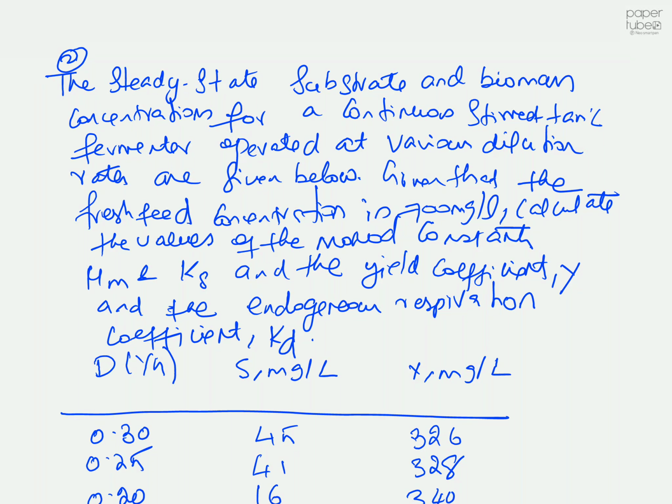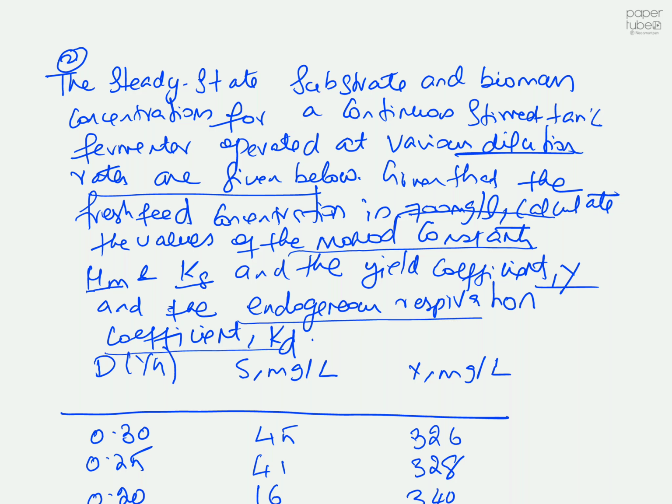The steady state substrate and biomass concentration for a continuous stirred tank fermenter operated at various dilution rates are given below. So we have some data as a function of your dilution rate. Given that the fresh feed concentration is 700 milligrams per liter, calculate the values of the Monod constants. Okay, your specific growth rate, and you have to calculate the Monod constant Ks, and the yield coefficient Y, and